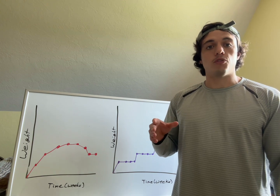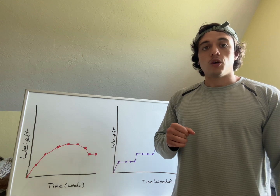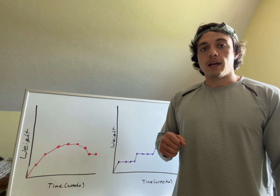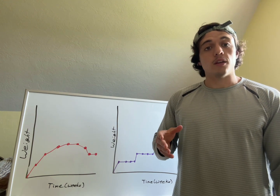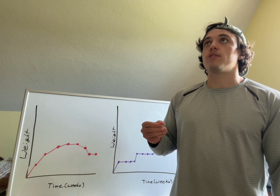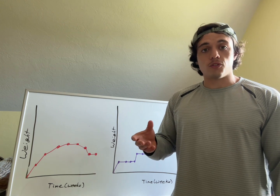And to only use a progression model based on adding weight as a means of progressing, you are moving quickly towards your theoretical 1 rep max. And it's not hard to imagine how that's very unsustainable. And that's because, to think of intensity like this, any intensity is only a relevant challenge if it's done